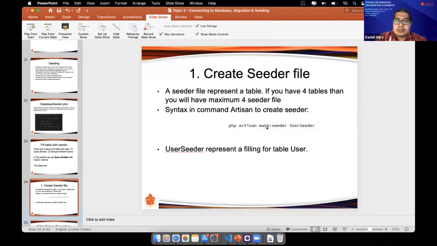To create a seeder file, use php artisan make:seeder followed by the name of the seeder.